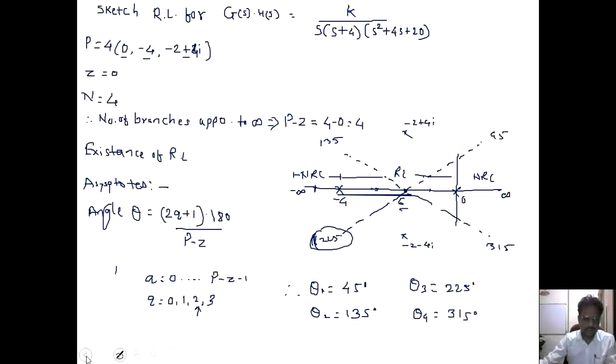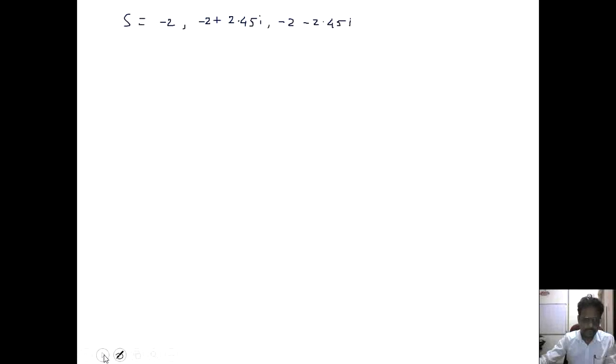So for -2, check in the root locus region. 0 to -4 is the root locus region, and -2 lies exactly at -2. So this is a valid breakaway point. As this is a complex pair, leave it. Rather, we can talk about this after the numerical.